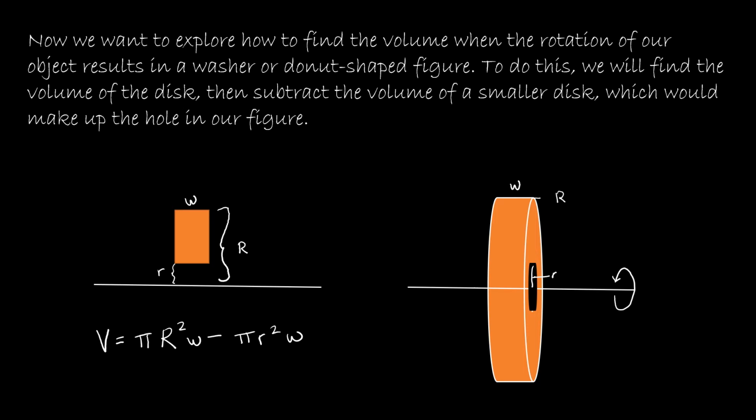Now of course that's if we have a volume that has a constant width, constant radius. So obviously in calculus that's not the case. So what we're going to do instead is first consolidate this a little bit, because obviously I could take R squared minus little r squared. And so turning this into a calculus equation for varying radius means I have pi, and then I'm going to integrate big R squared minus little r squared